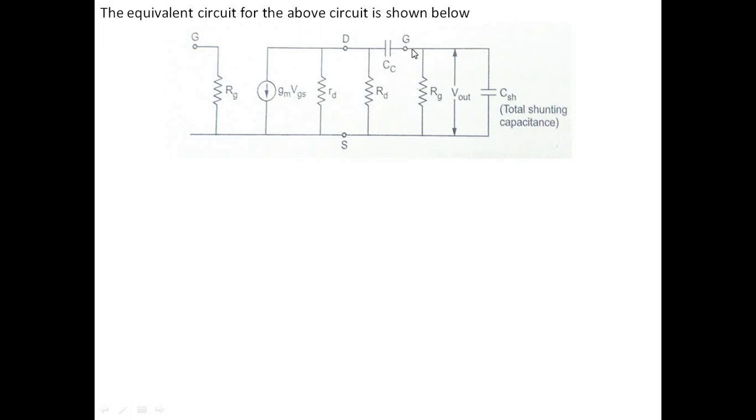Now at the input of stage 2 we have the gate resistance RG, and let us consider the capacitance we have, which is called a stray capacitance. We normally call it a shunting capacitance, which is a parallel capacitance, and it usually exists at high frequencies. Now in this equivalent circuit we have two types of capacitors. One is a coupling capacitor and another one is a shunting capacitance, which usually exists at high frequencies.